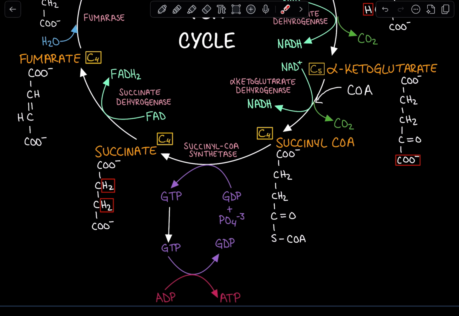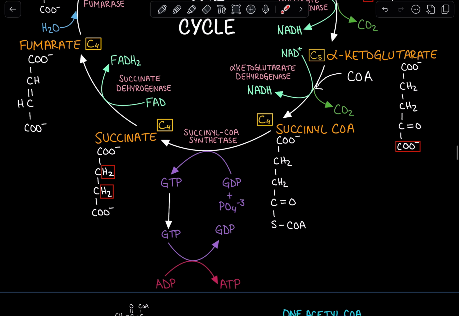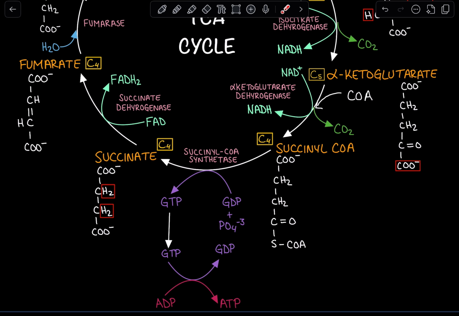So the enzyme catalyzing that reaction is succinyl-CoA synthetase. Now, whenever you think of a synthetase, I want you to think of ATP or GTP production. So we take that GDP, we have that inorganic phosphate, we get GTP. Now that GTP is going to be converted to GDP, and then we'll get ATP as our final product. And it's the cleavage of this high energy bond that's going to drive this reaction to